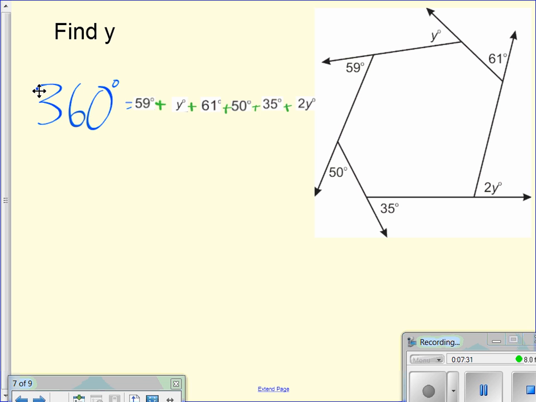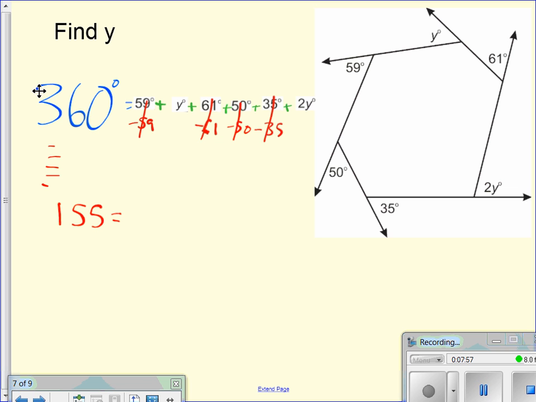Do the same thing we usually do. You can combine like terms, or you can subtract them over. I'm going to do this kind of at the same time to save us a little time. I want to get rid of 59 degrees, 61 degrees, 50 degrees, 35 degrees. Cancel, cancel, cancel, cancel. I need to subtract all those numbers over here, and I should wind up with 155